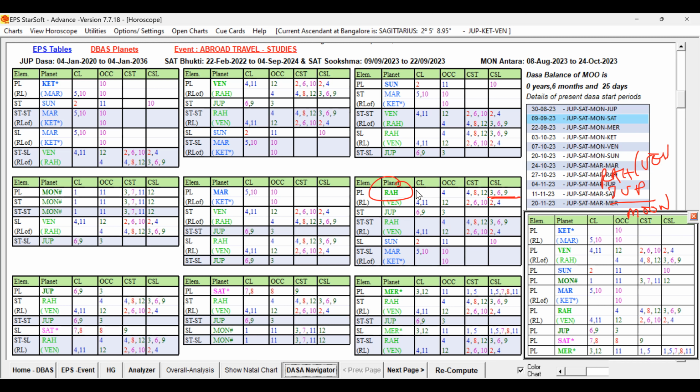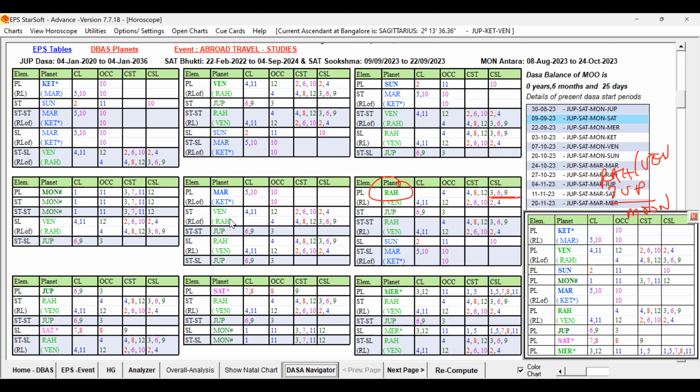Suppose that key planet, the Lord itself, is a free planet, then its role is limited. It can act only as the sublord or only as the supports. But in this case, that is not the case. Rahu is not a free planet, and Venus is also a good key planet for education and travel. So either Rahu or Venus should be playing a role, importantly Rahu. Moon is okay. Sublevel is Venus. It is forming a ruler link. Instead of Venus, if it was Rahu, that would have been better because this is having 12th house supportive.